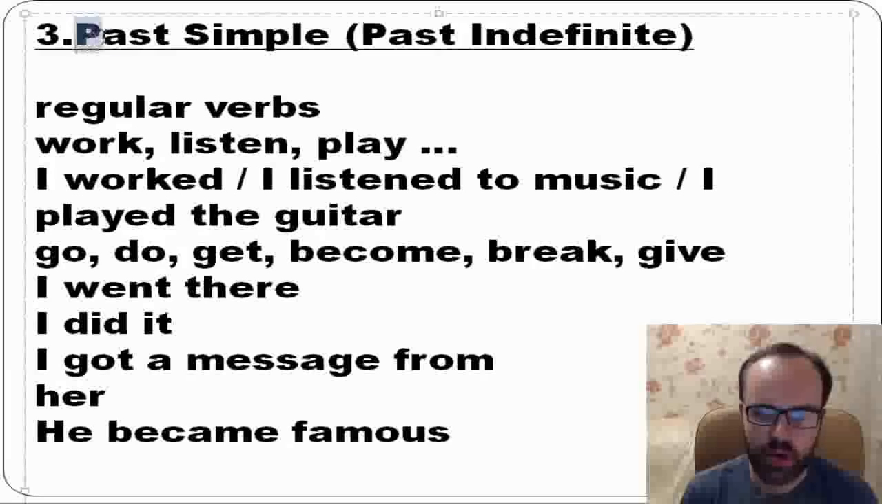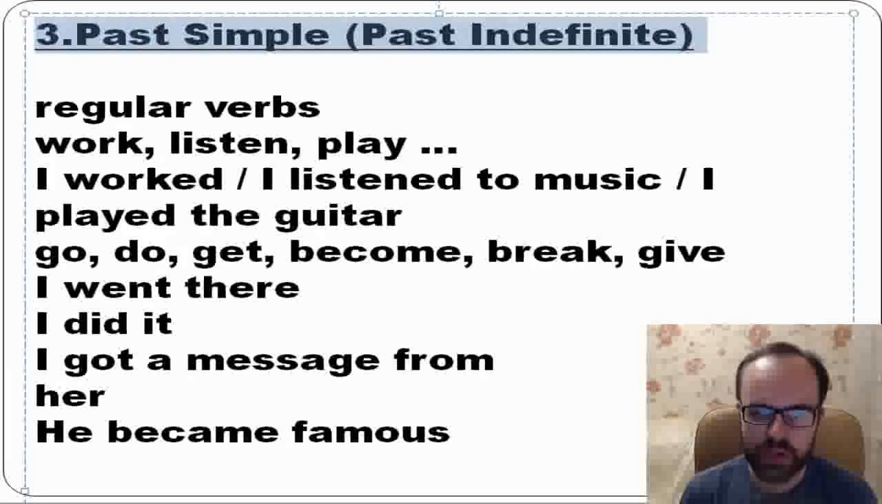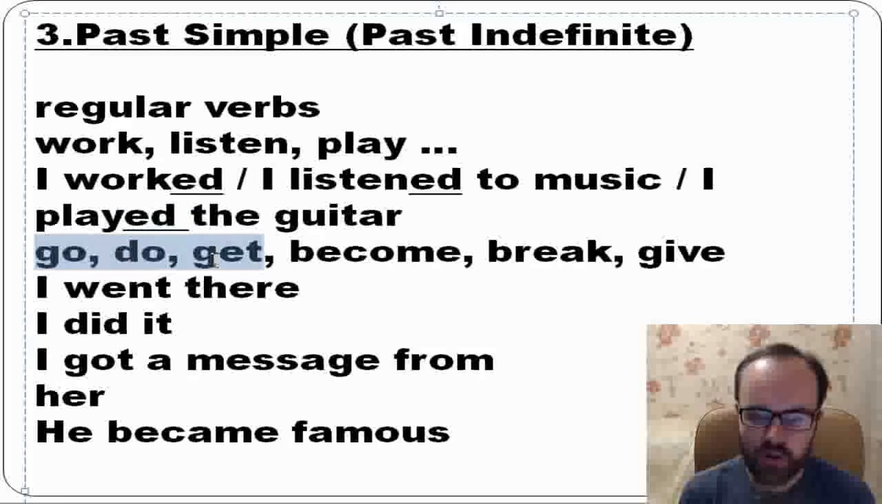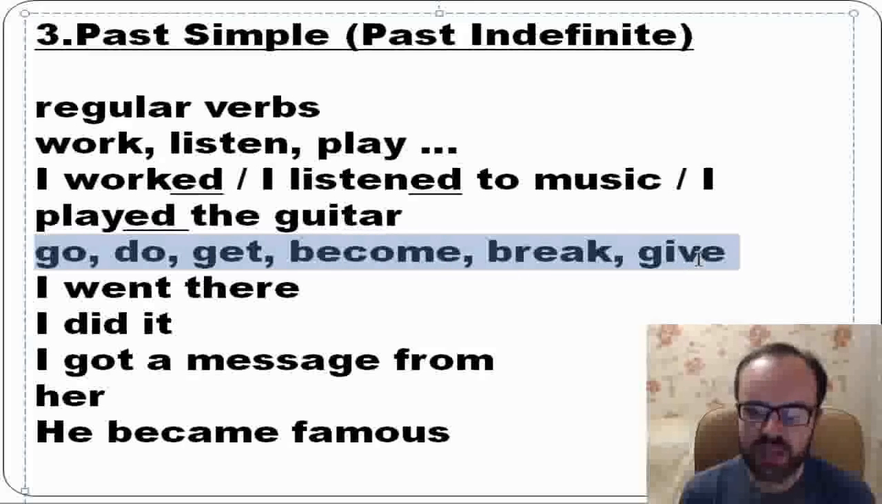Next, past simple or past indefinite. You need to know regular verbs such as work, listen, play, and so on. If you want to say it in past simple, you add ed. I worked. I listened to music. I played the guitar. There are irregular verbs such as go, do, get, become, break, give, and you need to